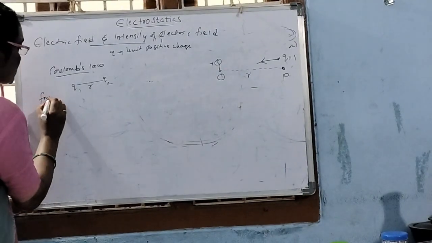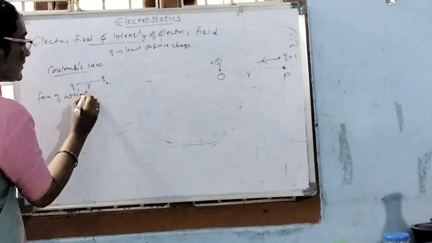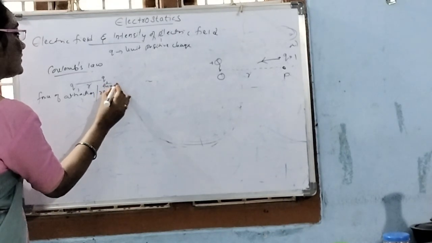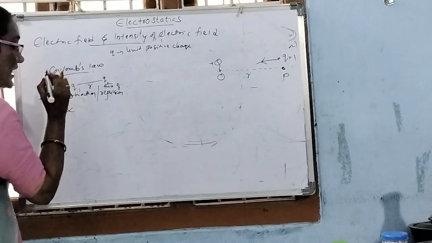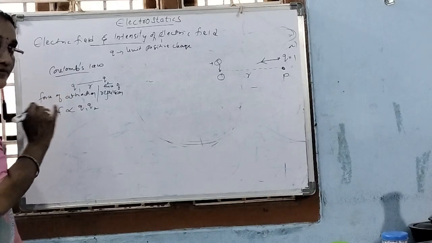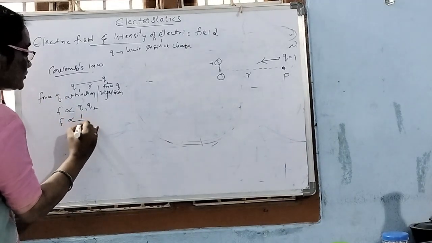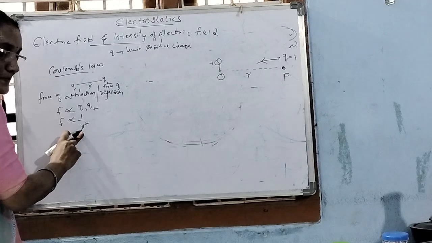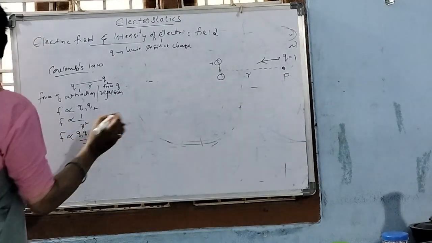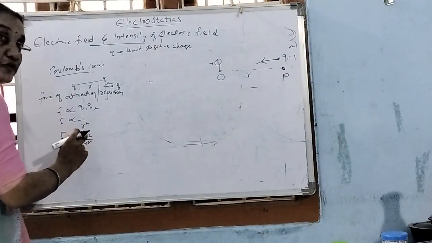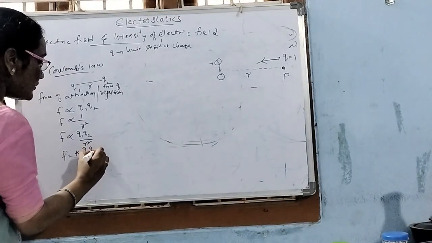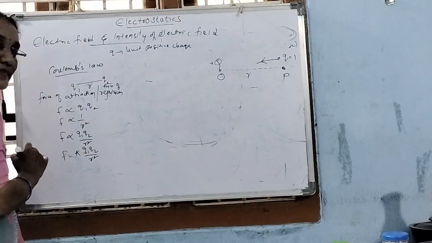So now, the force of attraction or force of repulsion is directly proportional to the product of the magnitudes of the two charges, and inversely proportional to the square of the distance between them. So F is proportional to Q1 Q2 by r square, or F equals K Q1 Q2 by r square, where K